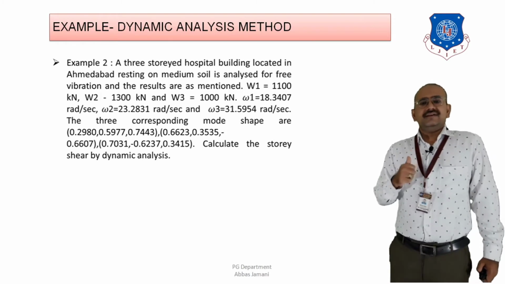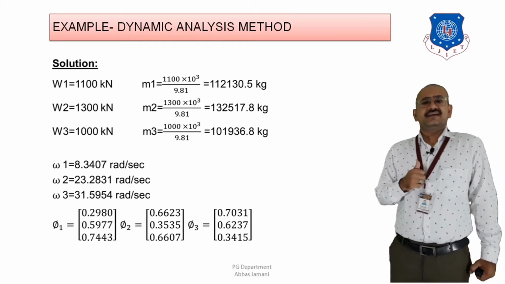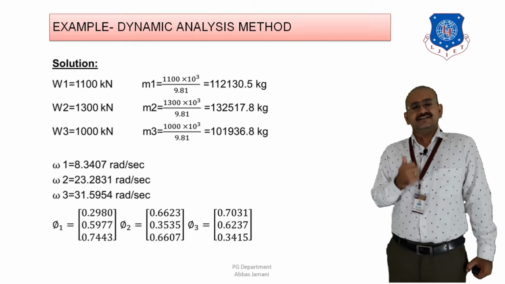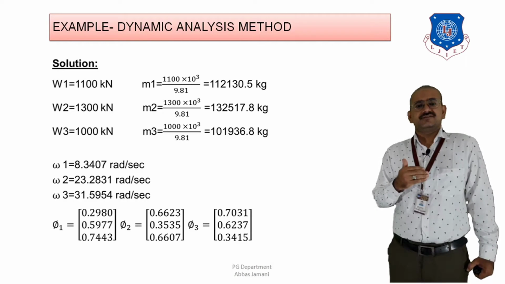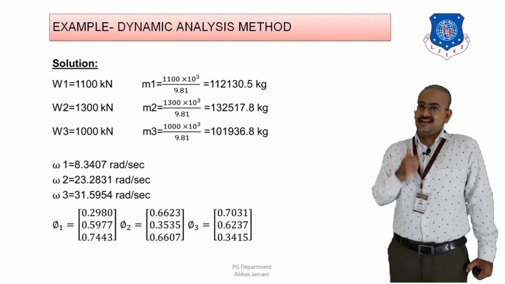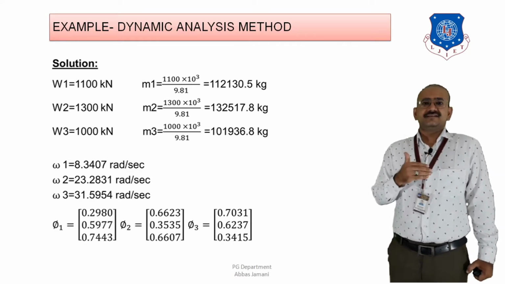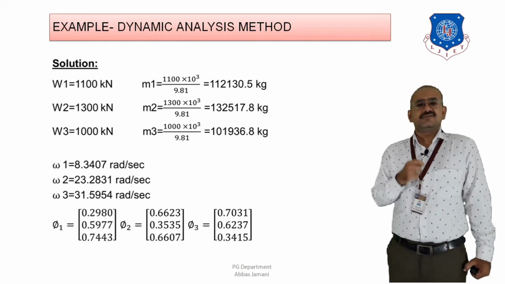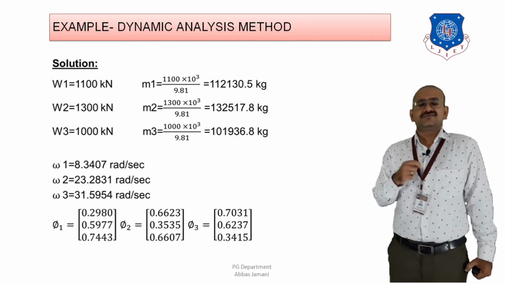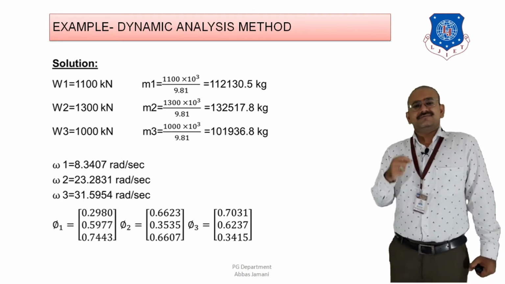So we start with the basic example where we first look at the calculation method, that is, what are the steps involved in the calculation of lateral forces or story shear based on dynamic analysis. In dynamic analysis the general assumption is that regular or irregular buildings are modeled as a system of lumped masses, having the masses concentrated at each floor level, and with 1 degree of freedom.